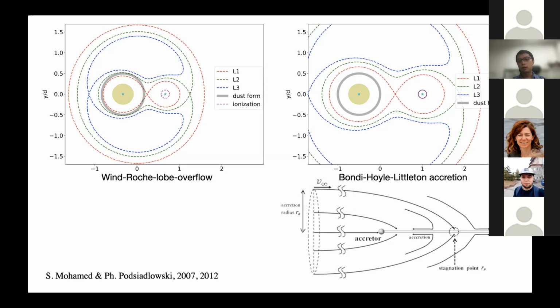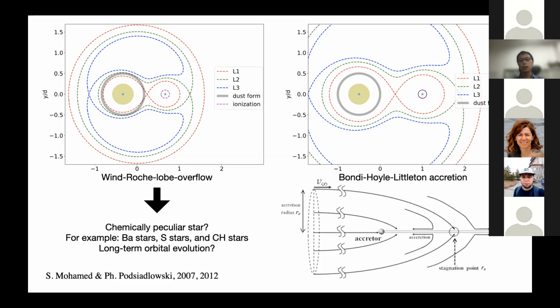For wind Roche-lobe overflow, on the other hand, we normally have a higher mass transfer rate, and they may be the progenitors of some chemically peculiar stars, for example the barium star, and they may have long-term orbital impact. To show the transition from the wind Roche-lobe overflow to Bondi-Hoyle-Littleton accretion, we carry out simulations